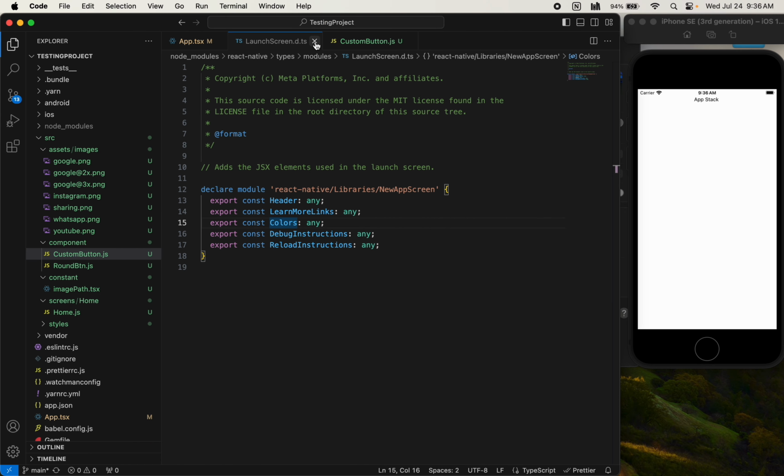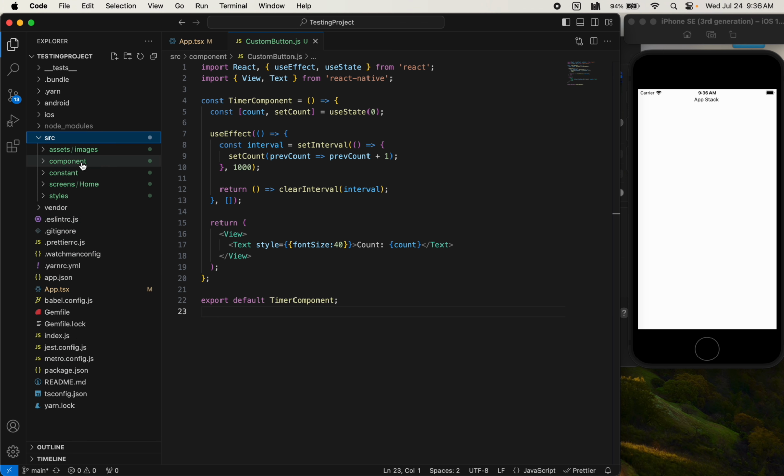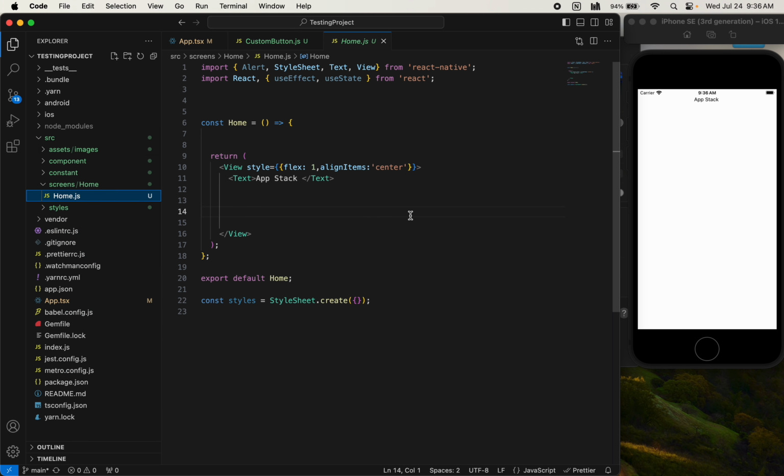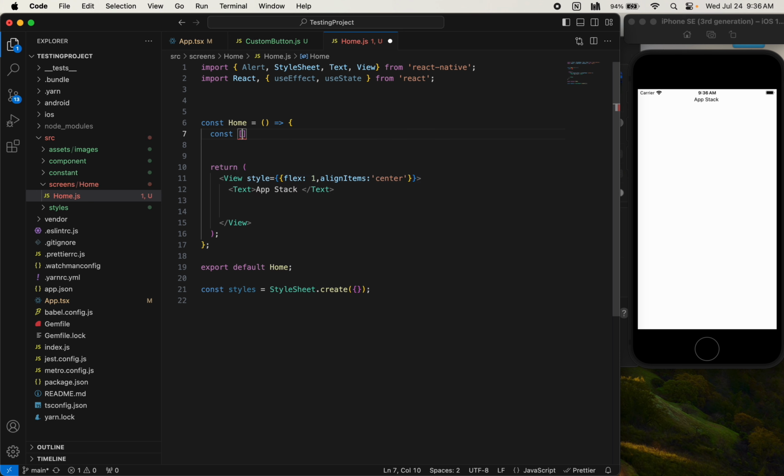Let's wait a minute, just opening my screen. So this is our home screen, and in there, first of all, we can define our state for the switch component,